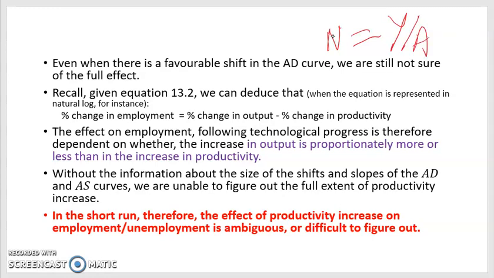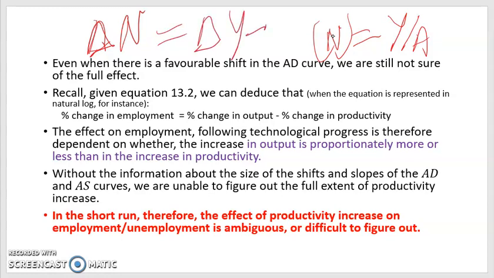From this equation, when it is represented in natural logs, we can deduce that the change in employment, change in N, is equal to the change in output minus the change in productivity, such that labor will only not be affected by the change in productivity